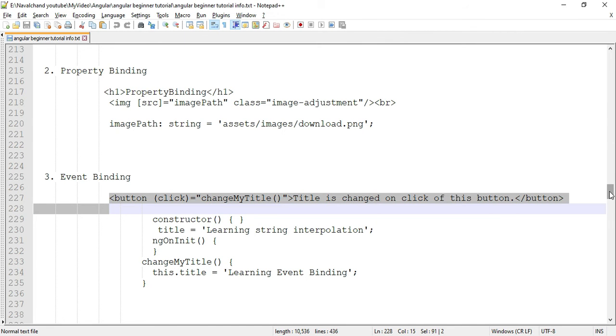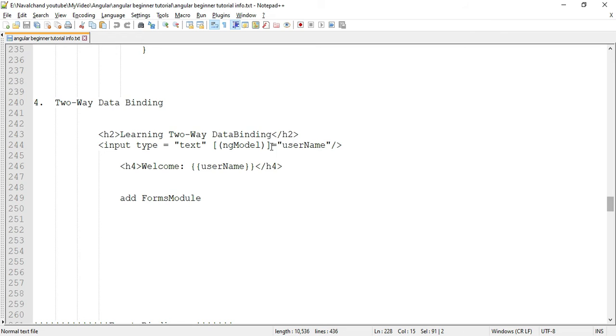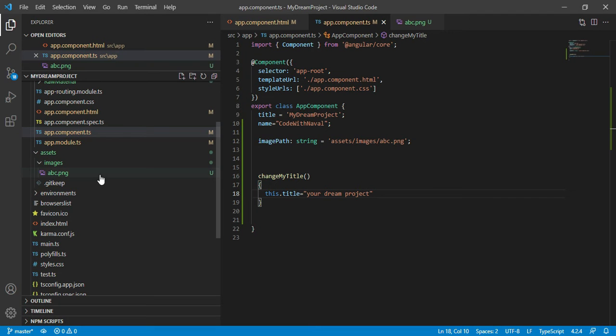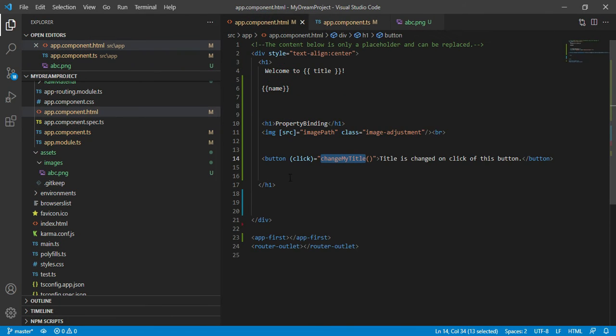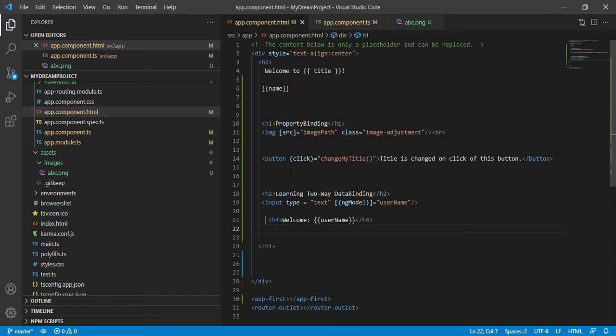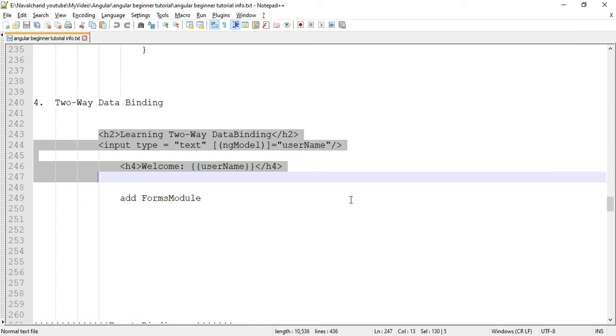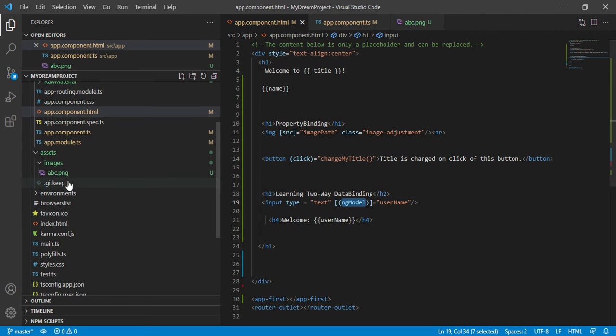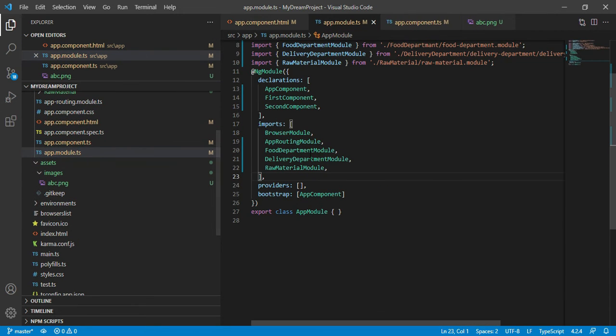Then the fourth one is two-way data binding. For two-way data binding we use ngModel. Let's copy this and I'll show you. I'll add this two-way data binding here. For ngModel, we also have to define the forms module inside the app module.